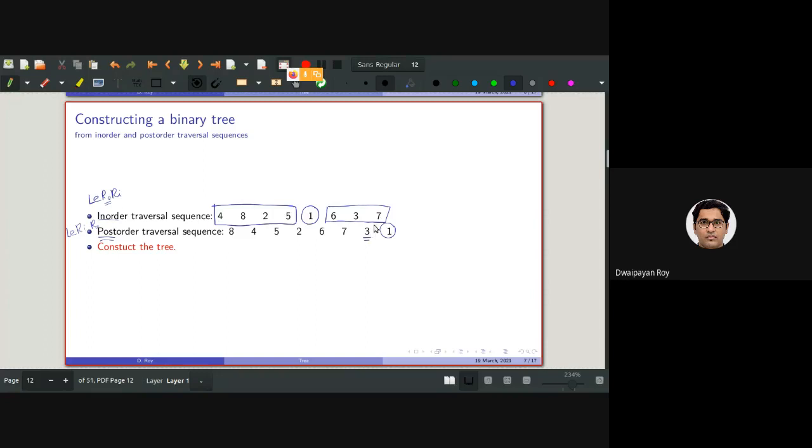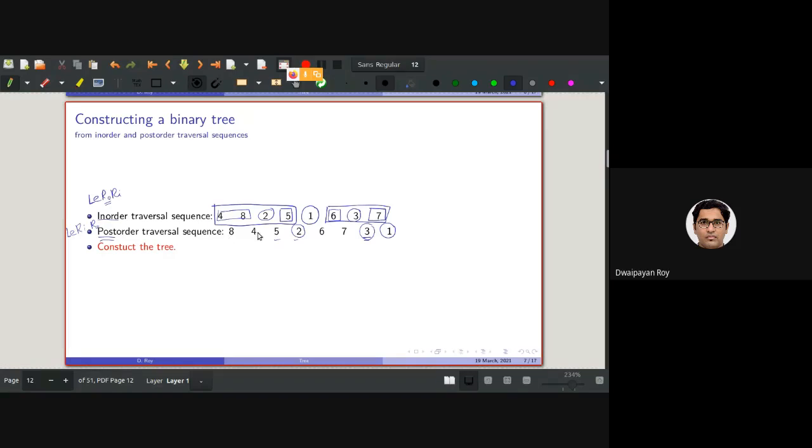Now again for 6, 3, 7, 3 is the next root. So 3 will be the root, and these two will basically be the left and right subtree. Then 7 is traversed already, 6 traversed already, then 2. 2 will be the root, and this will be the right subtree, and this will be the left subtree. 5 is a singleton, traversed.